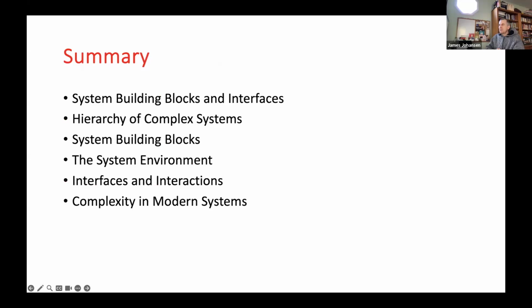So that was, relatively speaking, a quick survey through chapter 2. The recorded lectures and the textbook all go into a lot more detail. But we got a chance to think about the system building blocks and the interfaces, the hierarchy of complex systems and where a system engineer would fit in that, the system environment, the interfaces and interactions, and the complexity found in modern